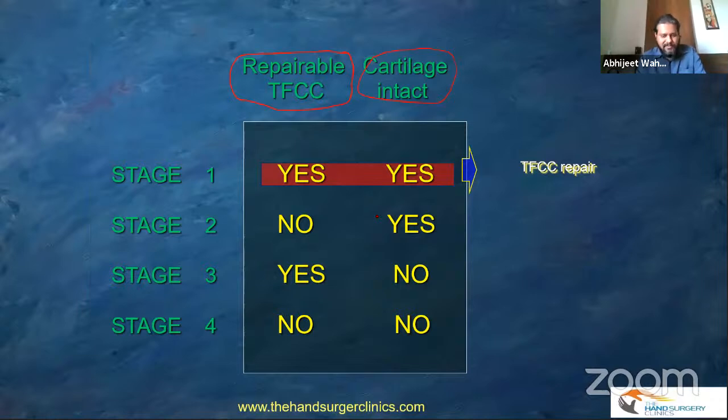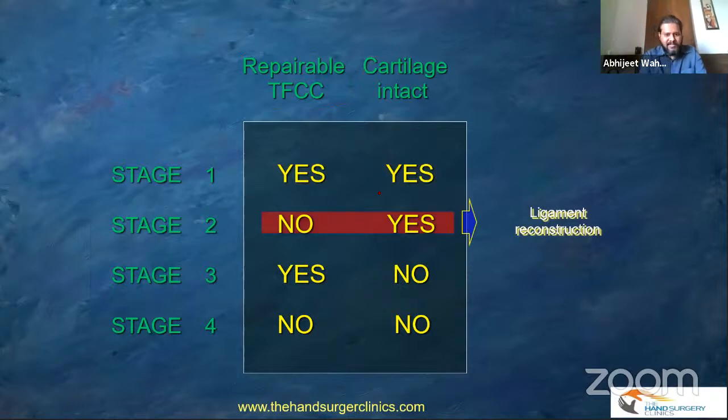This may be open, arthroscopic, using anchors, using capsuloligamentous repair, whatever. So a repair is possible or should be performed when you have a repairable and a good tissue of the TFCC along with the cartilage that is robust and intact. If the TFCC is not repairable and the cartilage is intact, we would recommend a reconstructive procedure. A very classic example is a tenodesis procedure using a palmaris longus tendon graft, and that is the Adam-Berger procedure, which was initially described by the Mansat brothers way back in 1983, even before this was popularized by